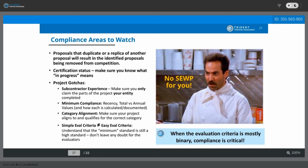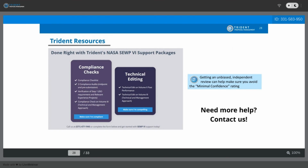It is not a spectrum. It is a binary scale. So when the evaluation criteria is this binary, compliance is critical. And that's one of the reasons that we have the packages tailored like this that we're offering for our NASA SEWP